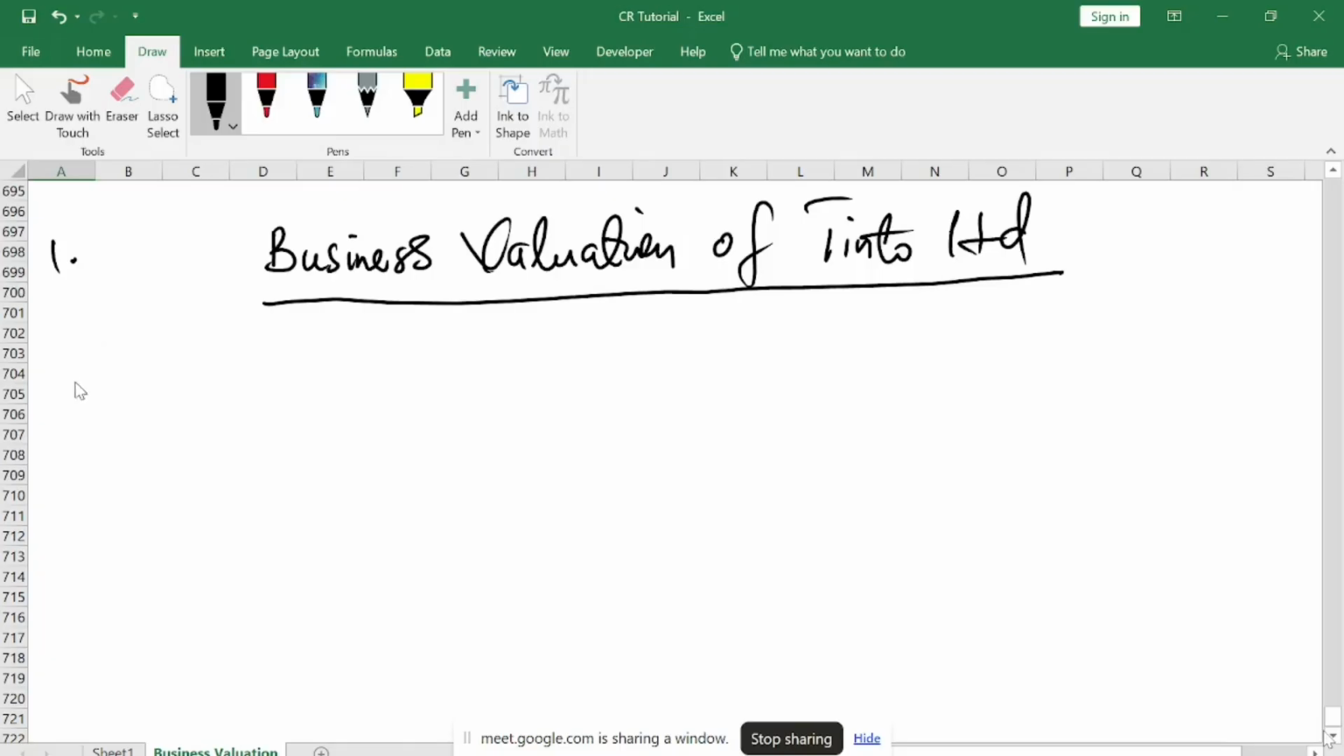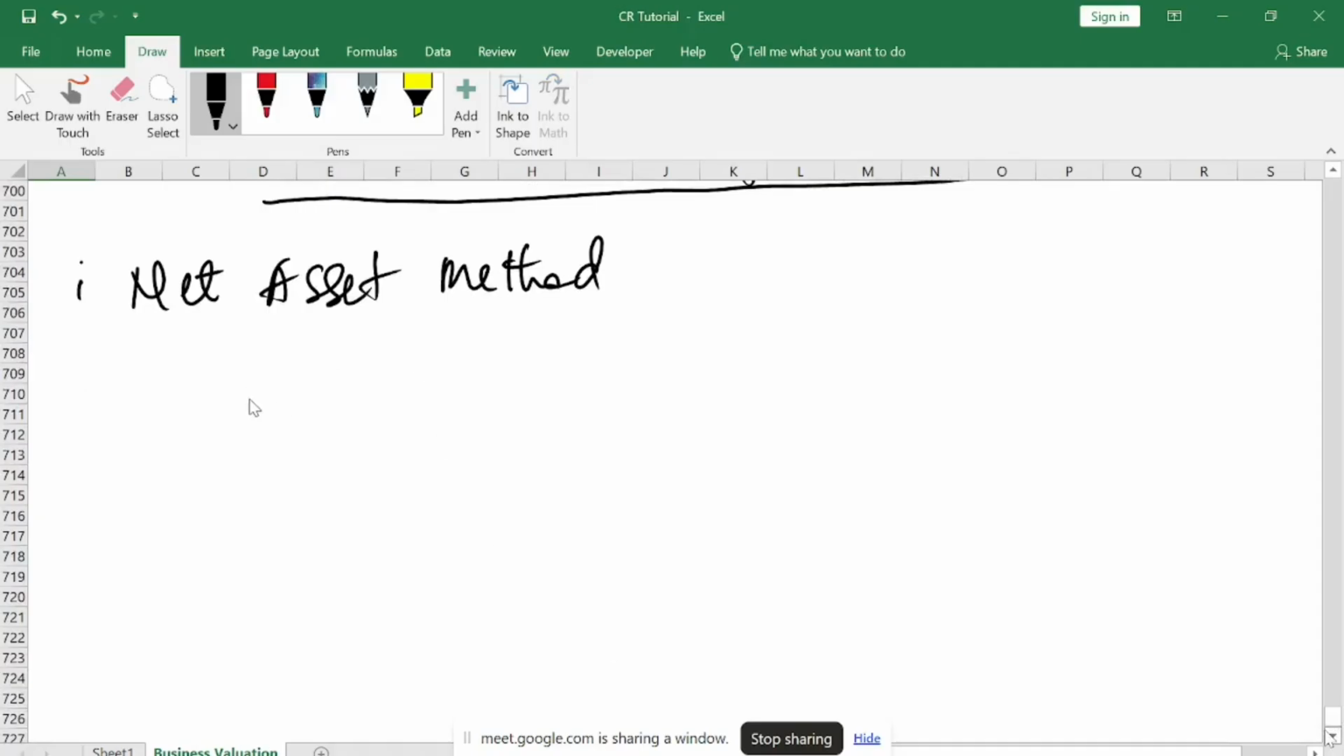Now, then you start with what? The first method is the net asset method. Are you following? Yes, sir. Good. The net asset method, then you put the formula. So the formula says what? Can you remember? The net asset formula says total assets less